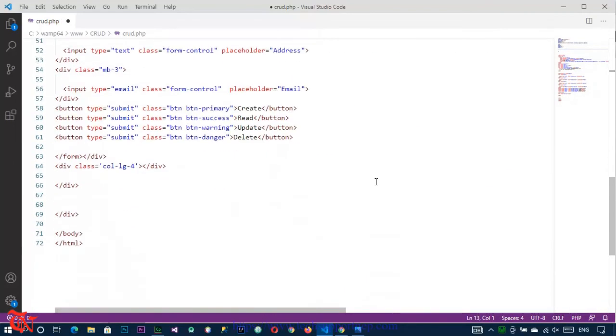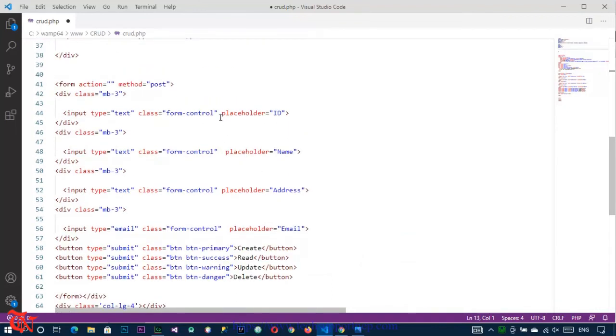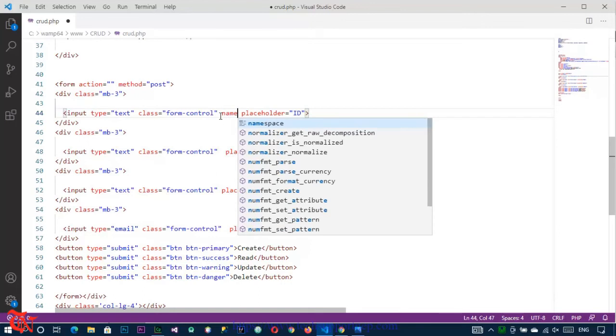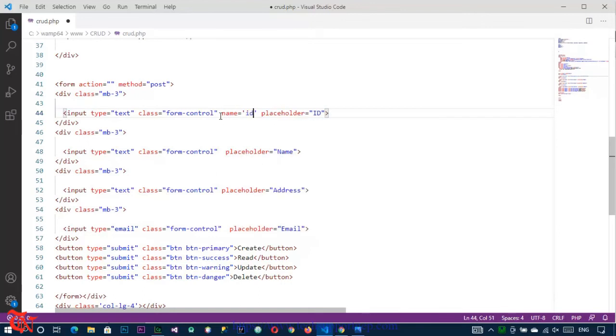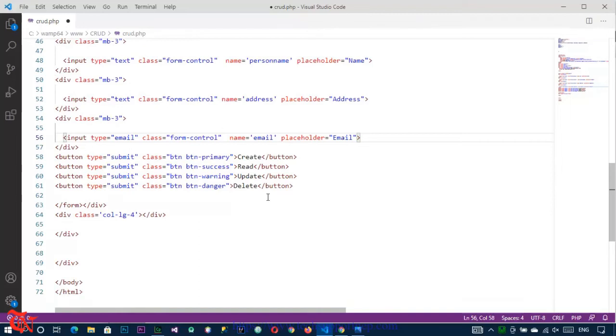We did not give any name to our controls, so scroll down and give the name to each control. So name is equal to id, and name is equal to person name, and here goes name is equal to address, and here name is equal to email. We need to give those names because we are going to access the HTML controls using those names in the PHP side. So here also